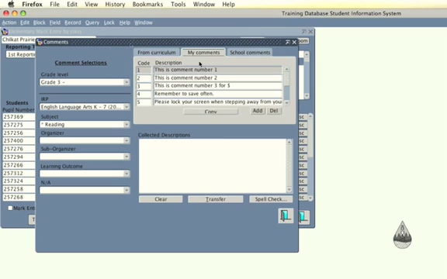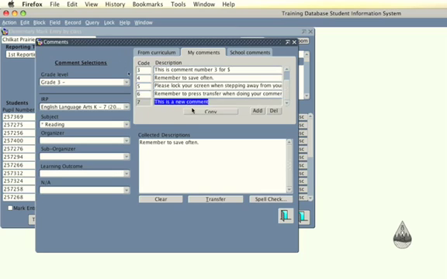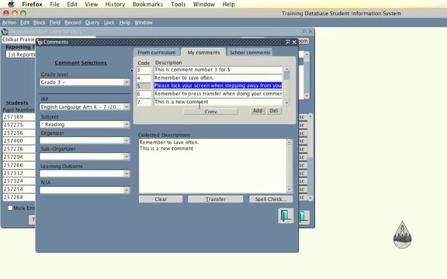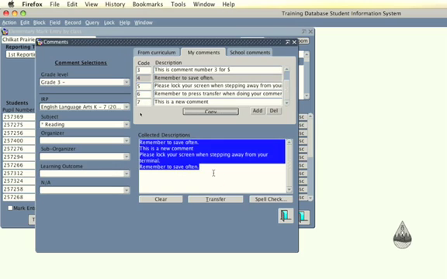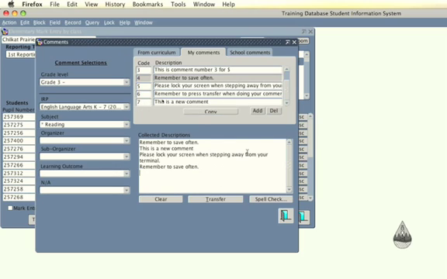So from here in my comments, I can pick the comment and hit copy, and it gets added down here to the collected descriptions. So I can pick all of my different comments that I've created and add them down here. You could also copy and paste from Word or TextEdit or some sort of other text program and paste it into the collected descriptions down here. You can also